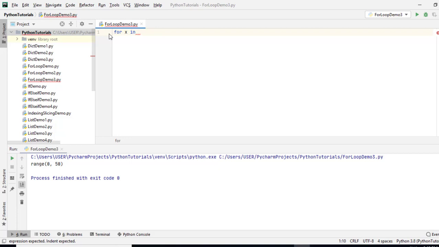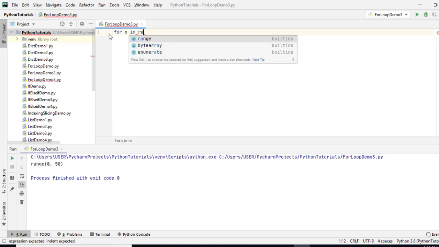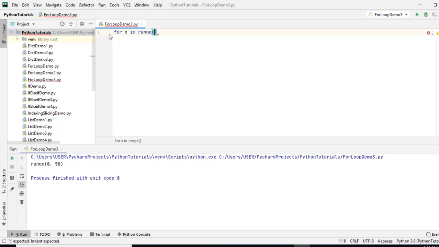Now if I want to iterate some list, I will create a list, set or dictionary. But if I don't want to create, I just want some values predefined. So you can see range is a predefined class. Here I can provide start and stop. So let me just give, I want to start from 0 and it should go till 50. So it will generate numbers from range 0 to 50, assign them into x, and I will be printing that. So I will say print x,